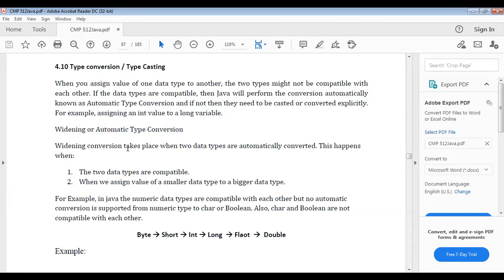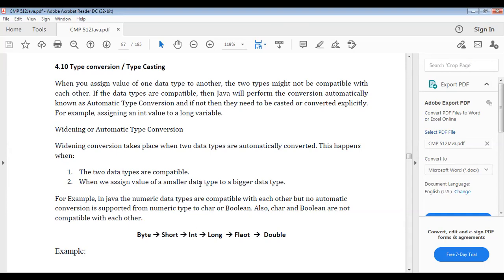Widening conversion takes place when two data types are automatically converted. It happens when the two data types are compatible, and when we assign a value of a smaller data type to a bigger data type.